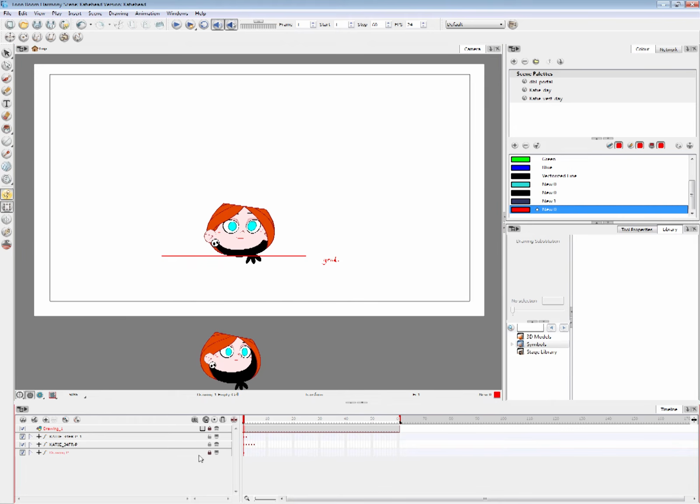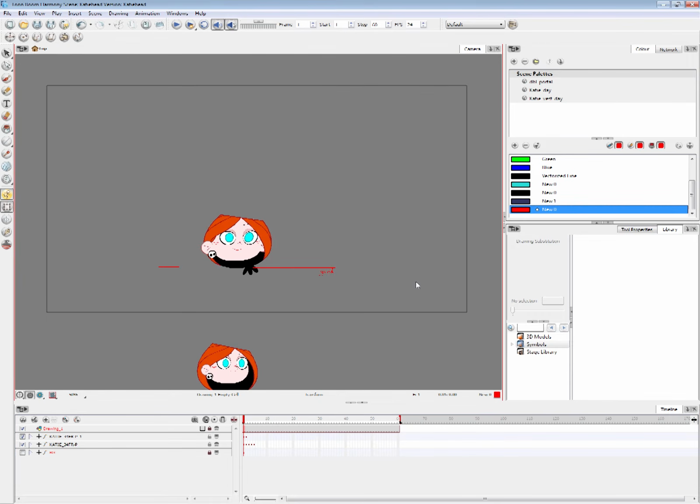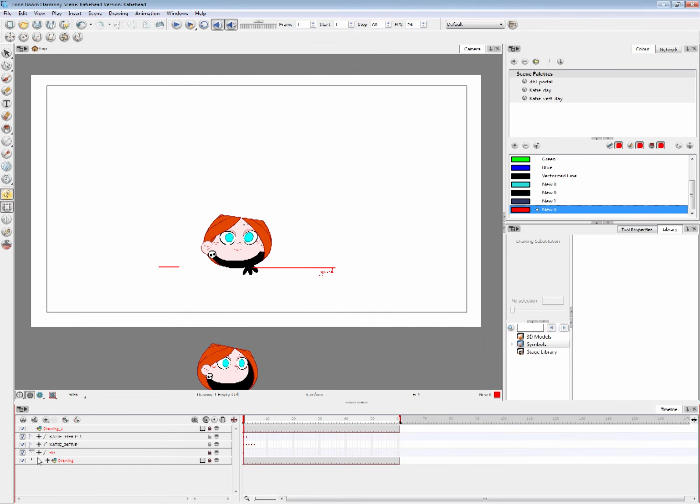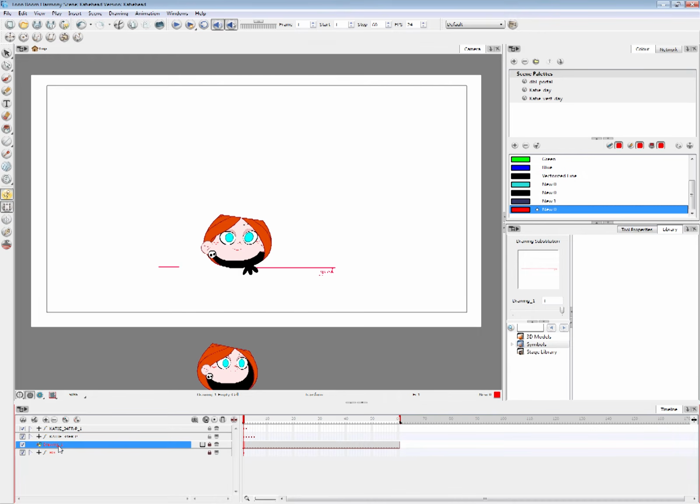I've done the same with this white background. By default, this is what you get. There's nothing. So for the background, what I've done, I created a drawing which is an empty rectangle, and I simply filled it with white. Okay, I'm gonna move the drawing down to here. I'm just gonna drag it down.